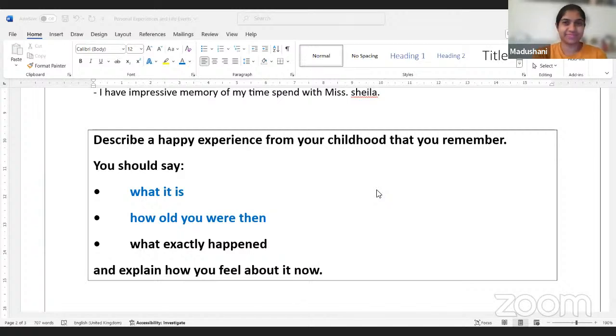Actually, I don't have happy experiences, but I have an experience, to some extent it's happy. I'll share my experience with you. I'm going to talk about something I can remember in my life. This happened 3 decades ago, that means the 1990s. After school, one day I was coming home with my younger brother, and we used to play in the river after school. One day, I and my brother went there, and there was a huge tree cut into the river